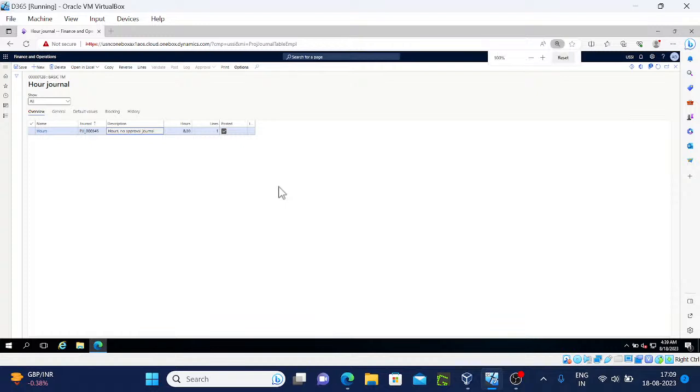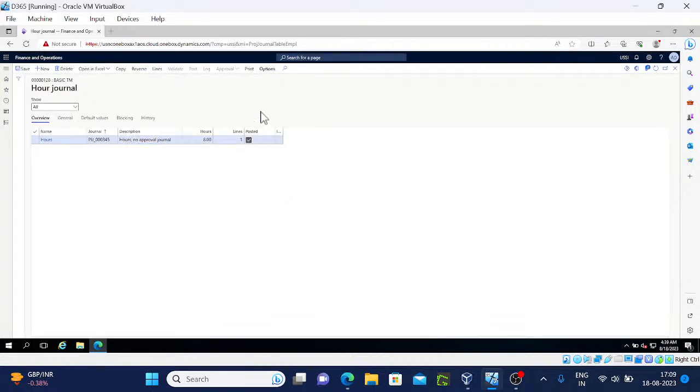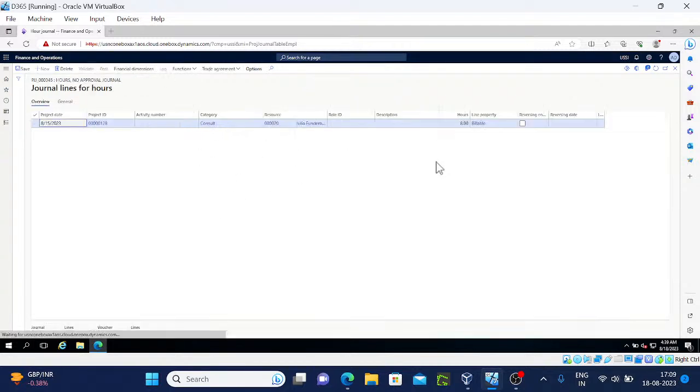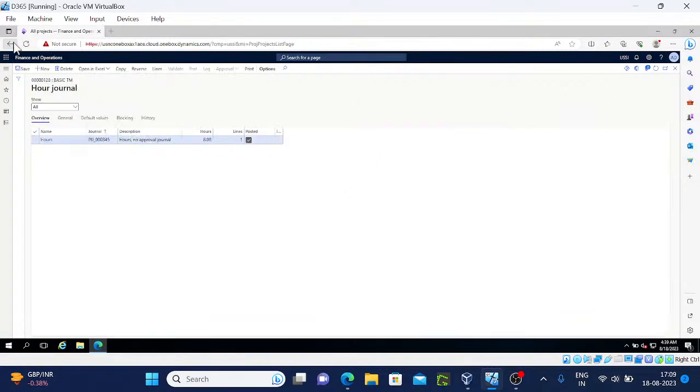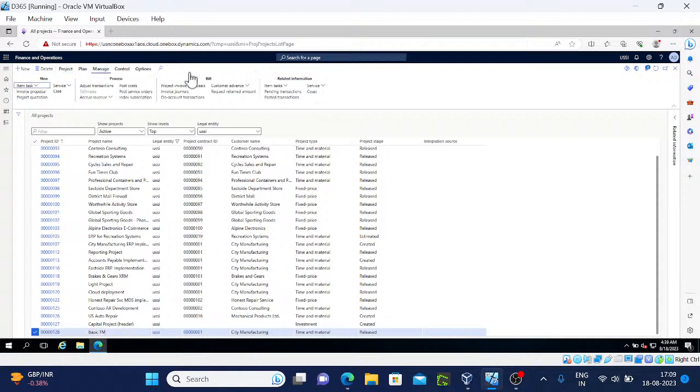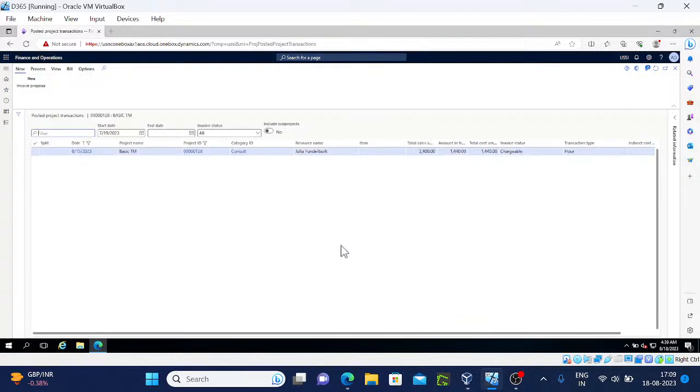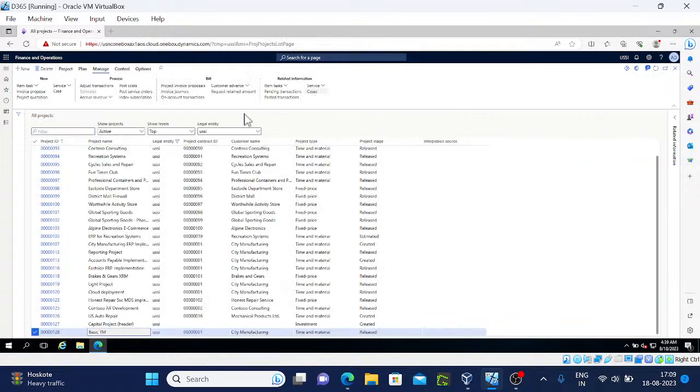So it's posted actually. Yeah, we posted one transaction to this project. Let me check in the posted transactions as well. I think that is the point where I stopped. So this is the total cost and sales is this much. And if I go to work breakdown structure,